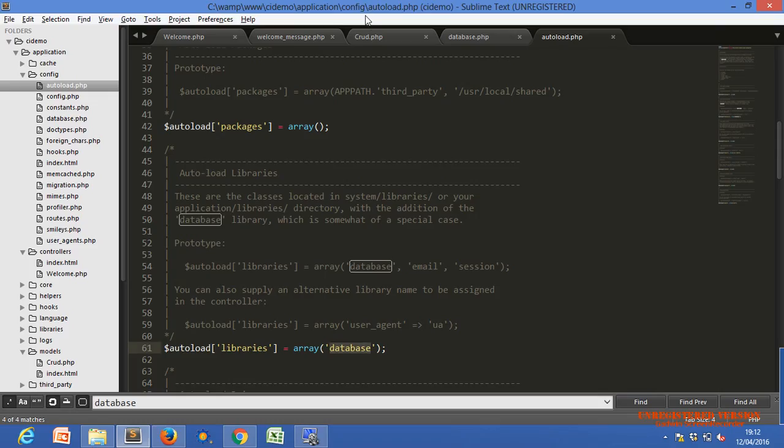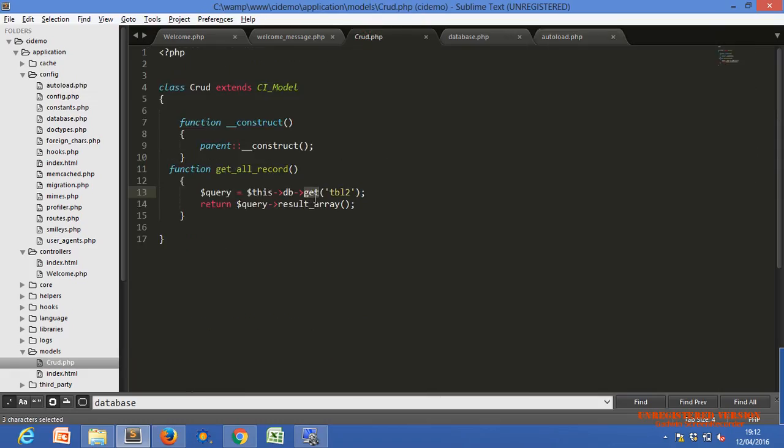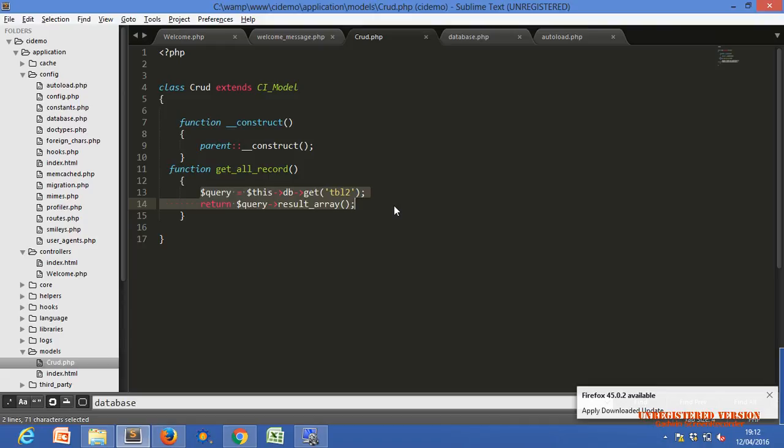Simple code, right, Khushi? We just have to use get for selecting all data. We just have to pass the table name. This is just a query, it will fire and return the result. Means result_array, the same way as fetch array, associative array, fetch object. Just two lines of code about the database, and we get all the data of that particular table. Okay, Khushi?